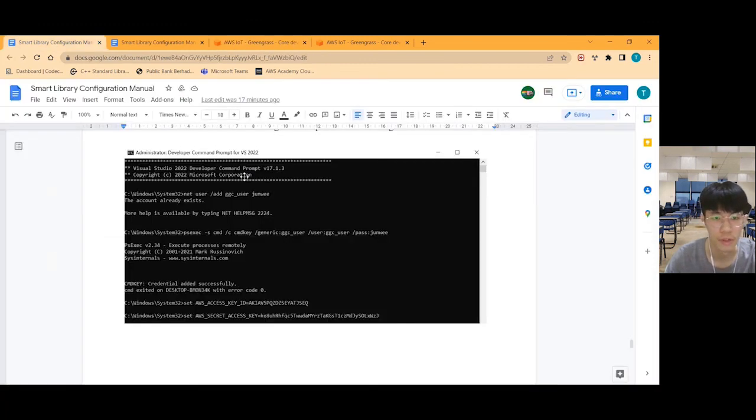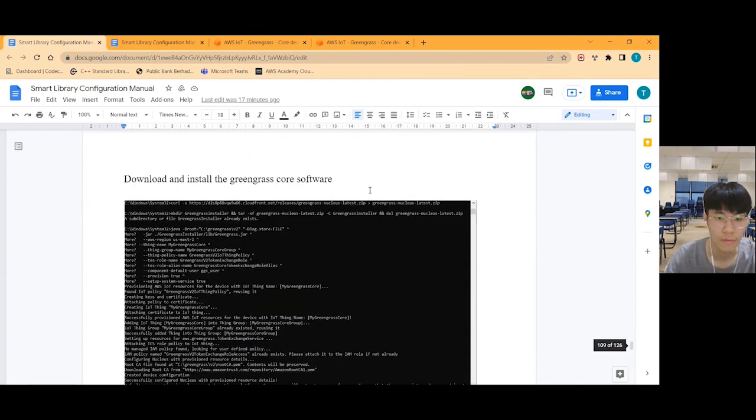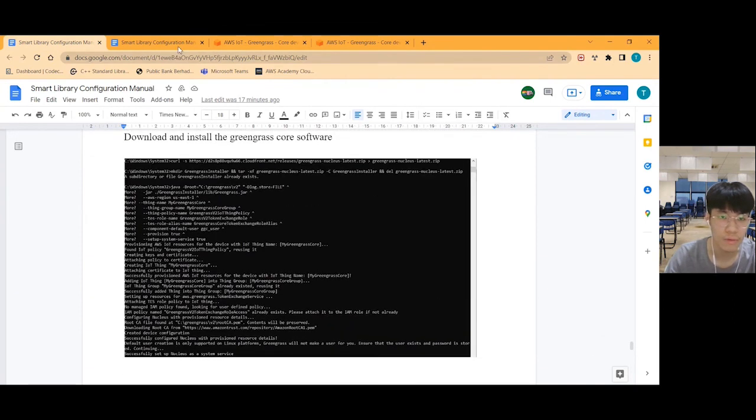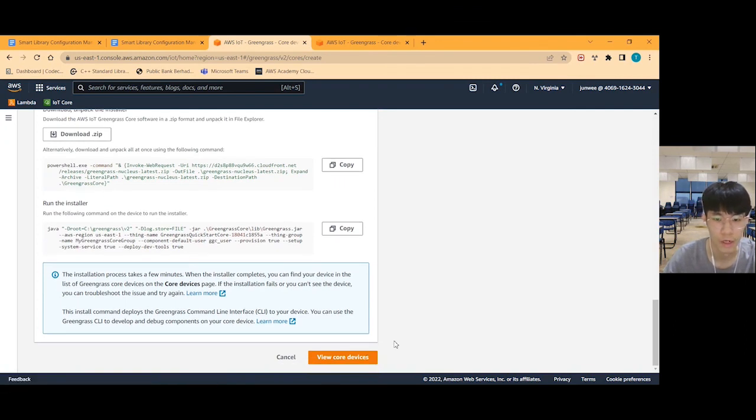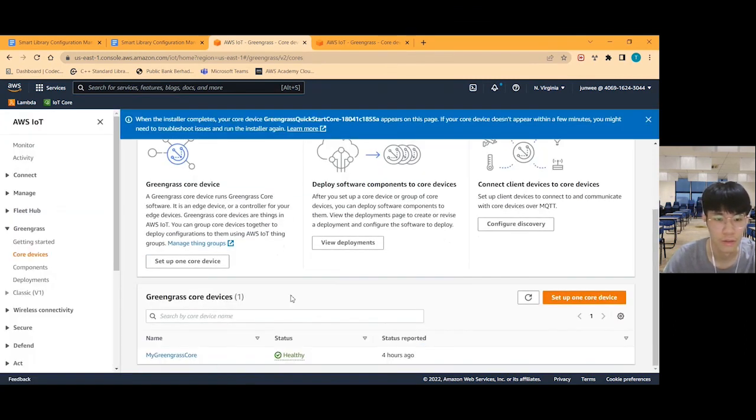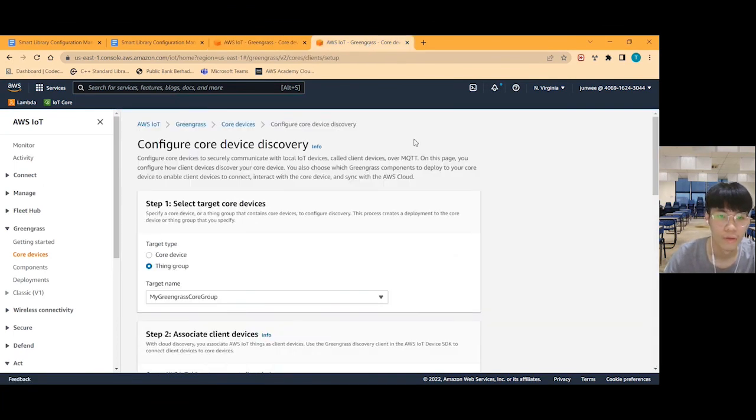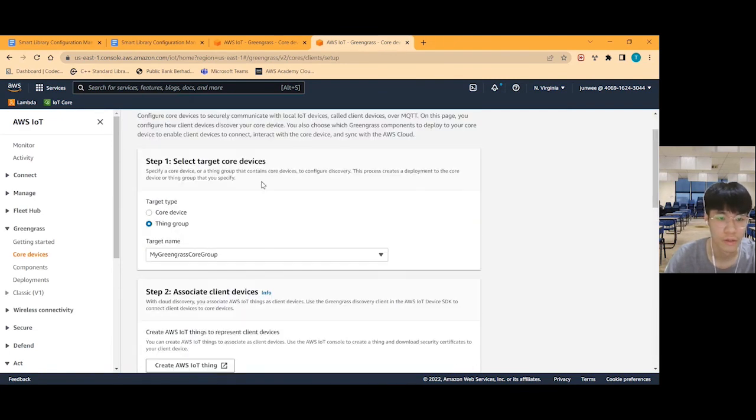My steps are shown here. Then after we configure, we can click View Core Device. It will show here if created successfully. Then we go to Configure Core Device Discovery. Here we choose the thing group and select the My Greengrass core group that we created.